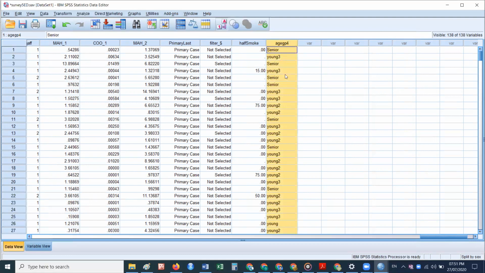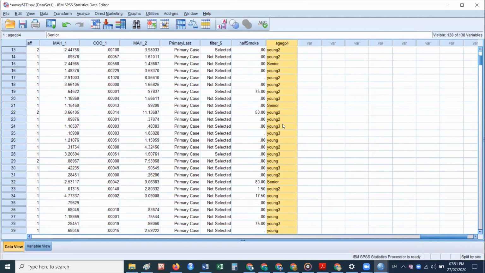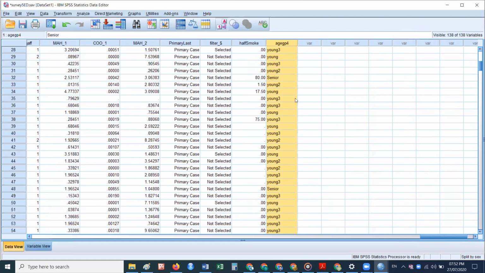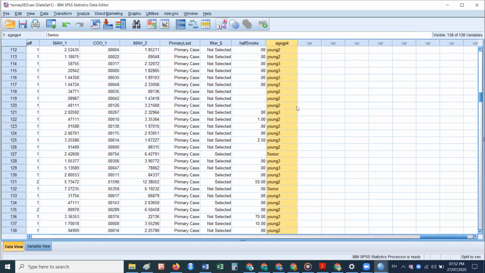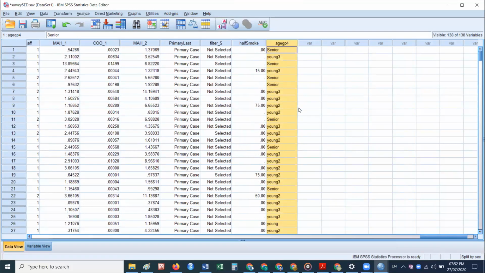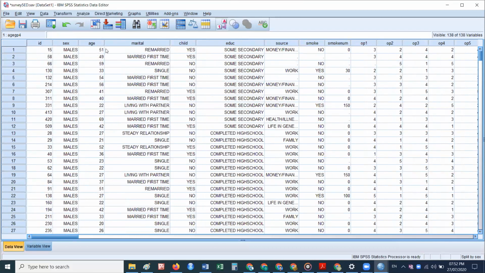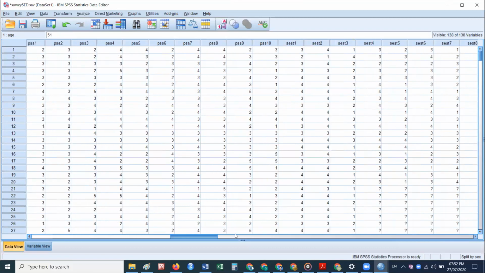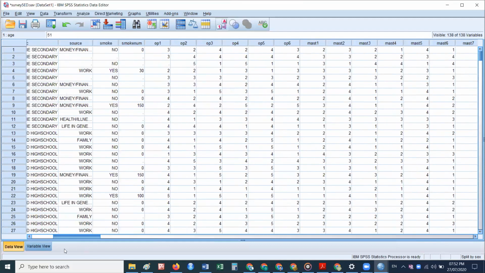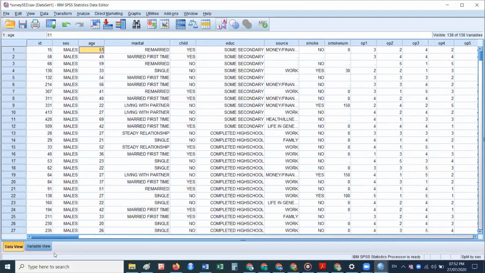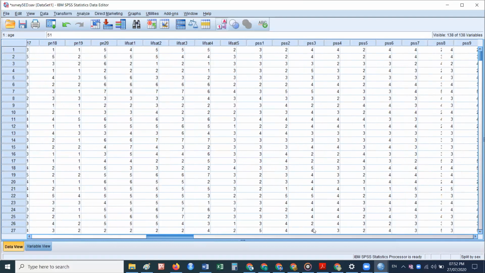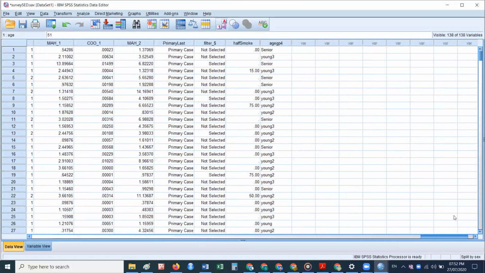Senior, young 3, senior, young 3, and so on. Young 2, young 1, young. These are the different options you can see here. So what it does is check the person's age. It is 51. 51 means what? It is senior, because I defined the group 51 and above as a senior person. So this is basically the way of defining binning or defining the different groups.